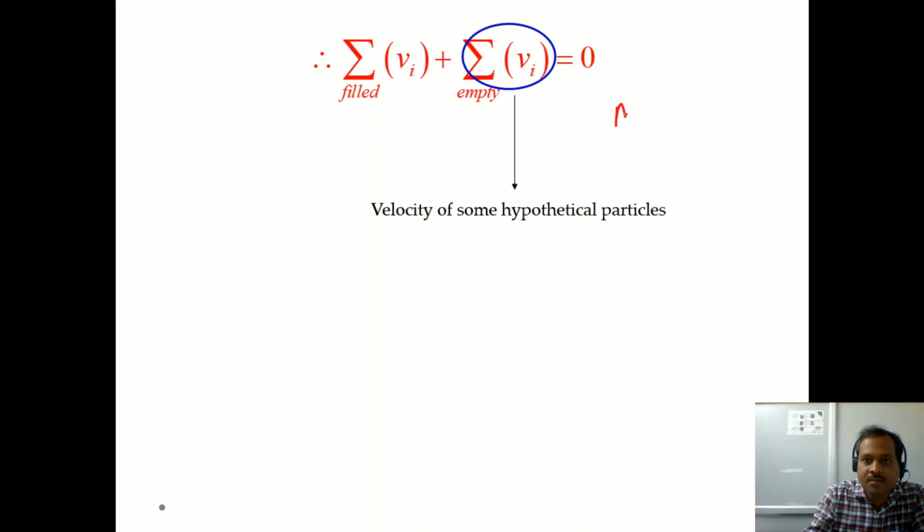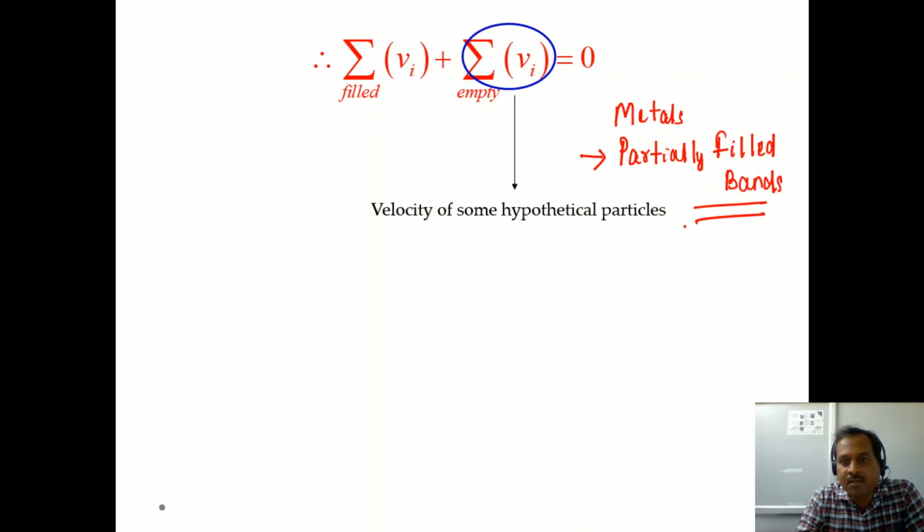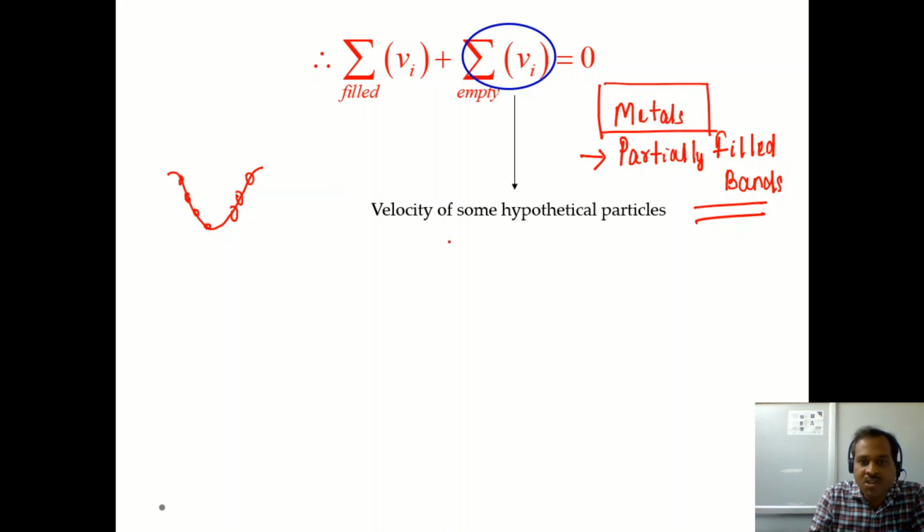So in case of metals, we are having partially filled bands, because we know the completely filled bands cannot conduct electricity, the completely empty bands cannot conduct electricity, but we know metals are highly conducting, they are electrically good conductors. So we need to have many number of empty states and many number of carriers. So the carriers can easily change their k state when we apply an electric field. So if you are having a band which is partially filled, then easily the electron can undergo the transition from one k state to the other k state upon the application of the electric field. So metals are having partially filled bands, whereas in case of insulators and semiconductors, we are